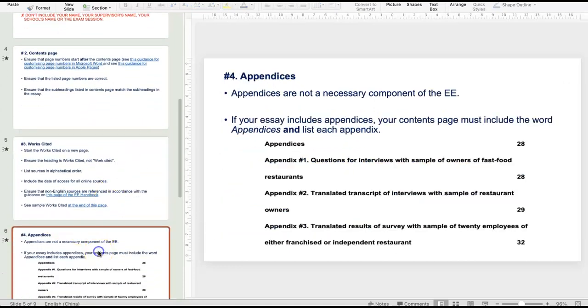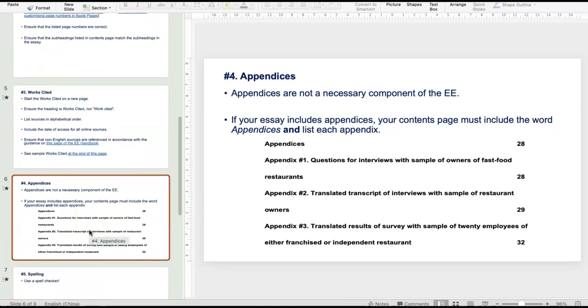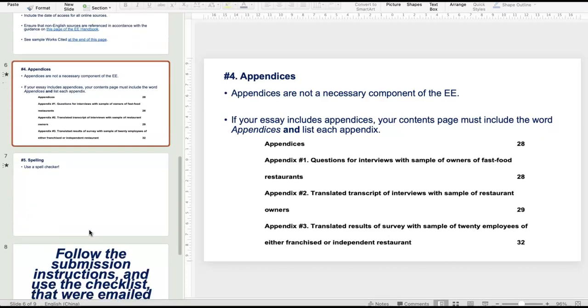Okay, looking at the appendices. I think we've talked about this already. Certainly, we've talked about what should be in the appendix. But even when you're listing the appendices in the table of contents, make sure that if you have more than one appendix, you include the word appendices in your table of contents, and you list the page number that corresponds with each appendix. Again, that's very important, because it just makes your essay easy to read. Okay, and lastly,